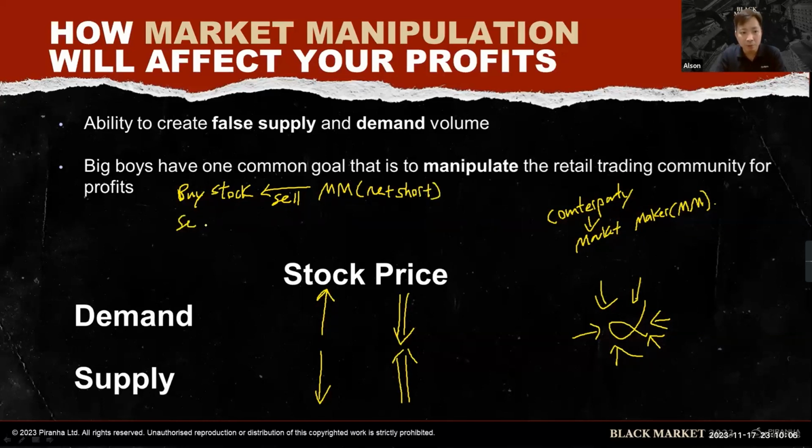Similarly, if you want to sell your stock, somebody has to buy from you as your counterparty. Who's your counterparty? The market maker. And if you sell too much, and all of us sell too much, guess what? The market maker will become net long. Understand? If a lot of people sell, bad news, people sell, actually the stock price tends to go up because the market maker becomes net long. Maybe I can share with you guys an example over here.